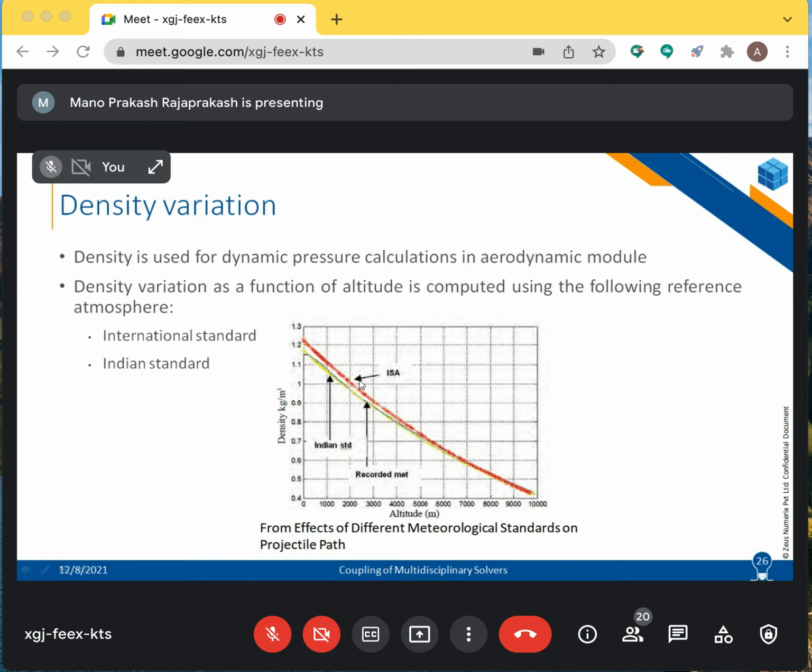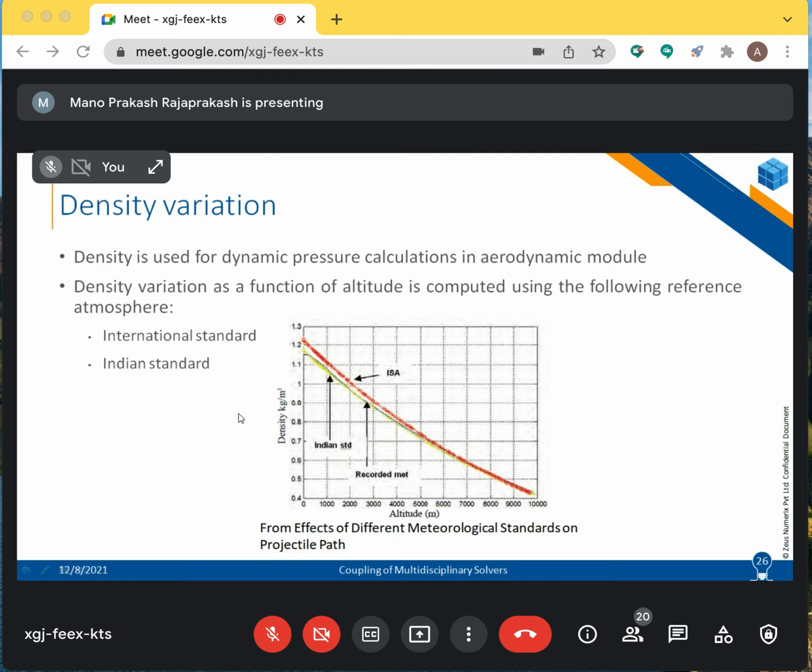So ultimately, the density has to be modeled as a function of altitude. The user is expected to provide capabilities to model using these two simulations, I mean these two capabilities. In addition to this, of late